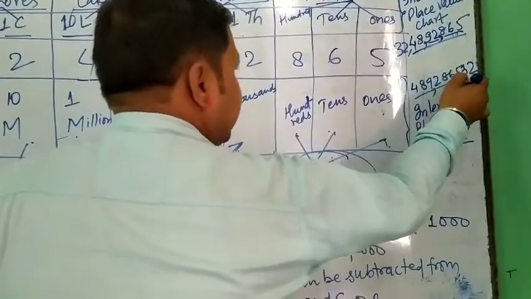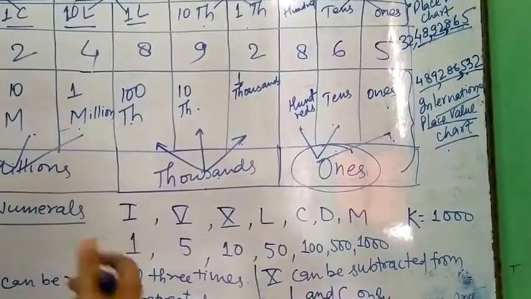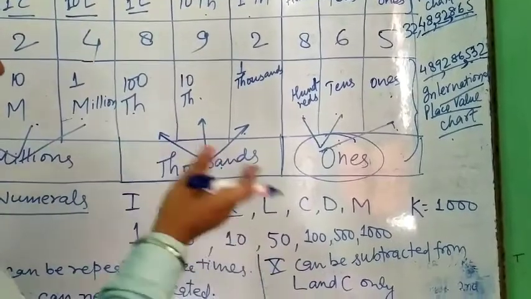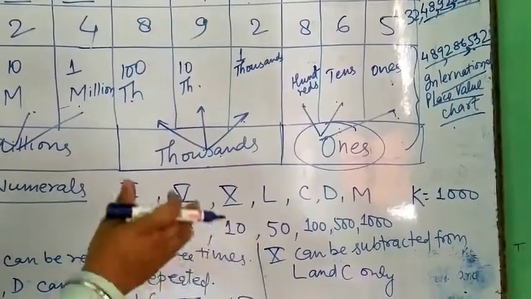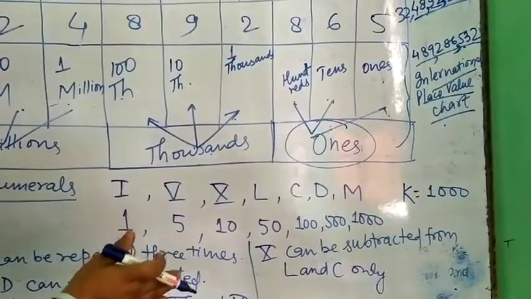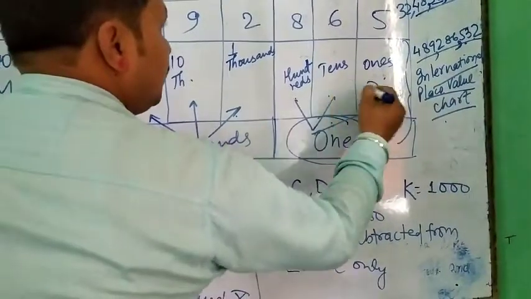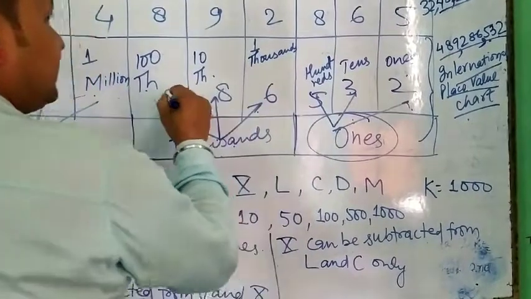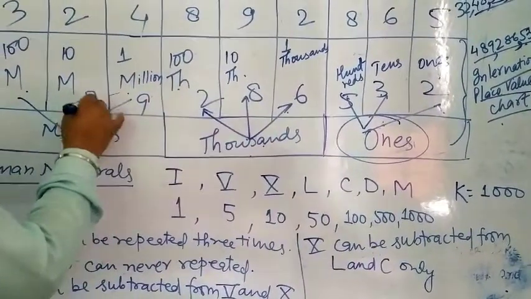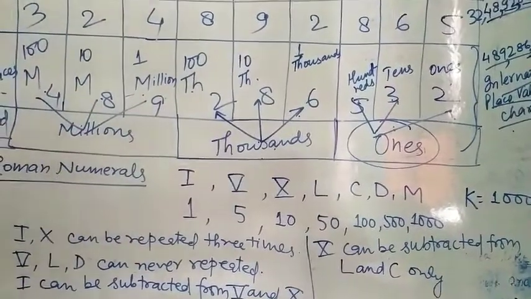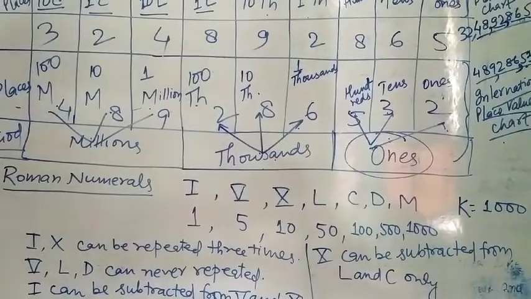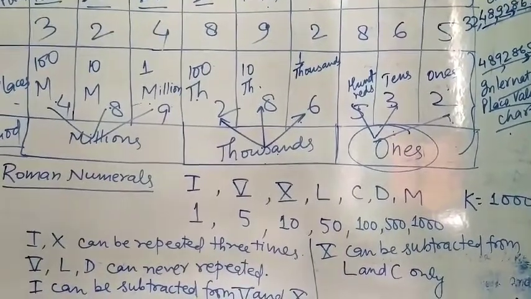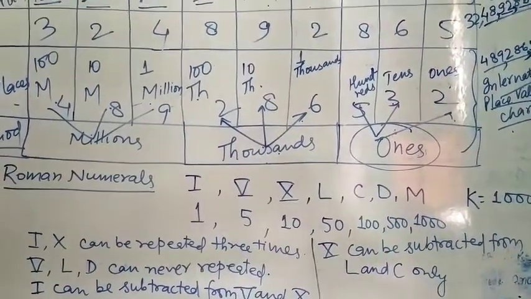The first comma should be put after the first 3 digits, and the next comma should be put after the next 3 digits. It should be written as 2, 3, 5, 6, 8, 2, 9, 8, 4. Here we complete the larger numbers by the Indian place value system and the international place value system.